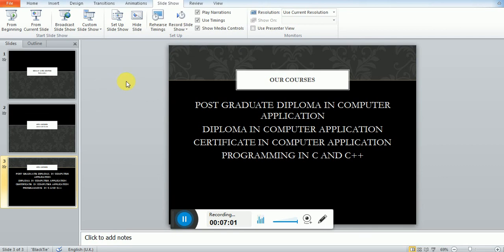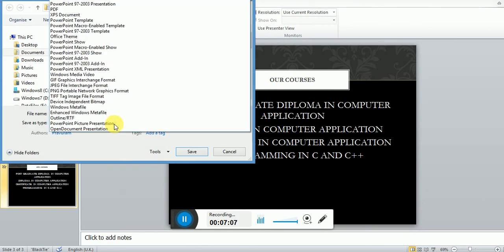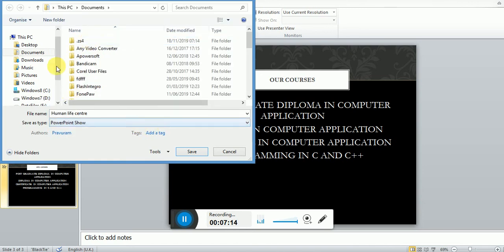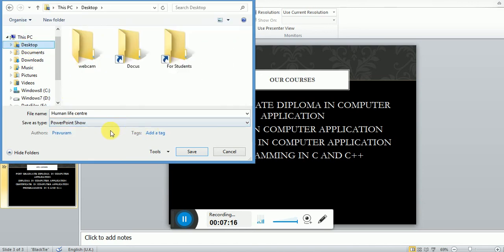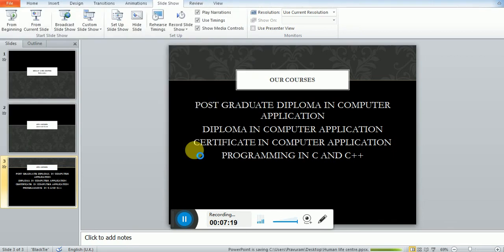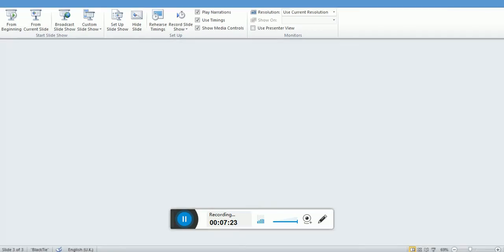Now I am going to create a show file. For that, click on the file menu, click on save as, choose PowerPoint show. Okay, select your location, then click on save and close everything.